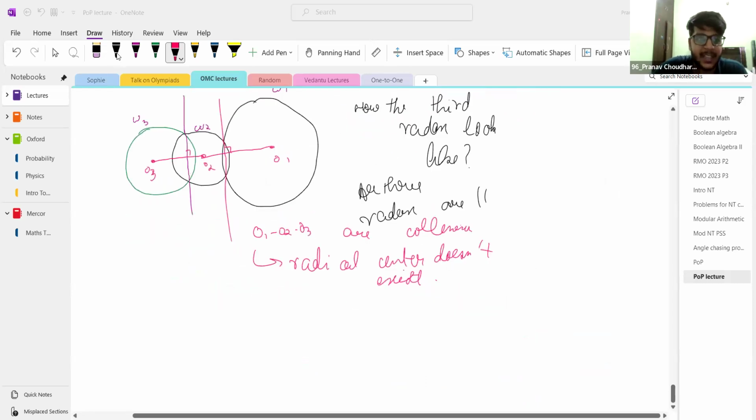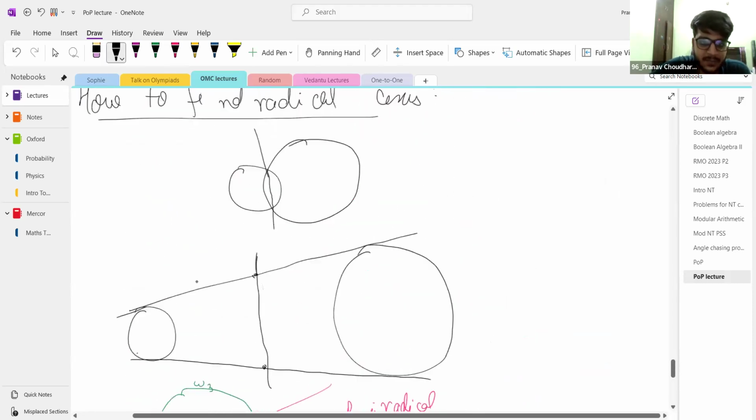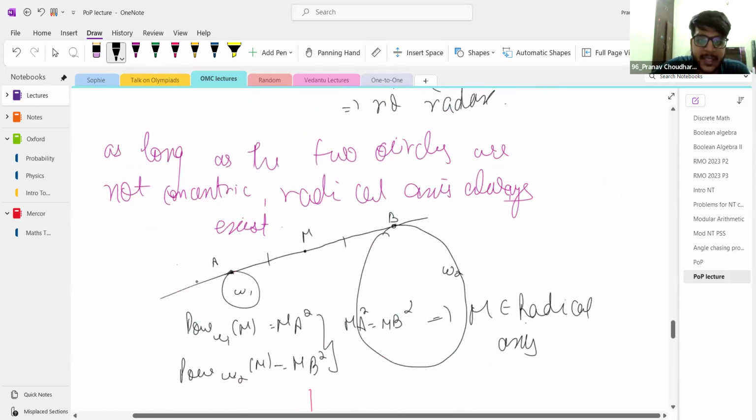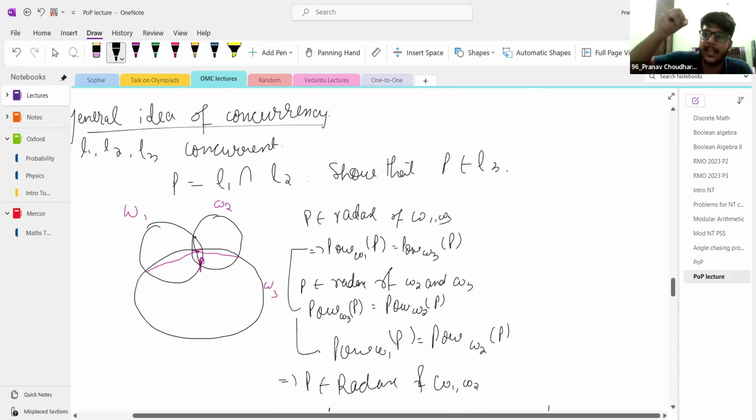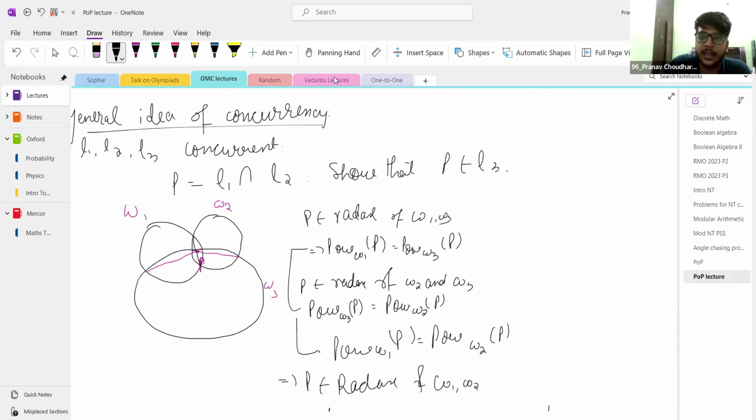Okay. Basically, radical center is, so I take three circles and I'm telling you that the radical axes of all three circles are concurrent. And they're concurrent at the